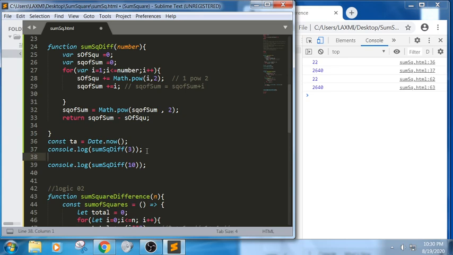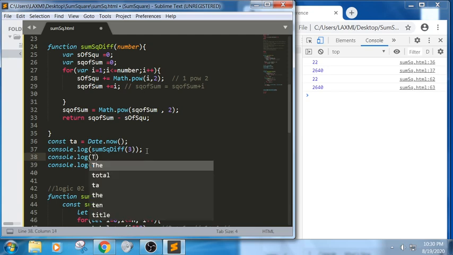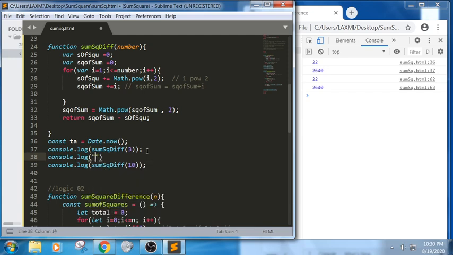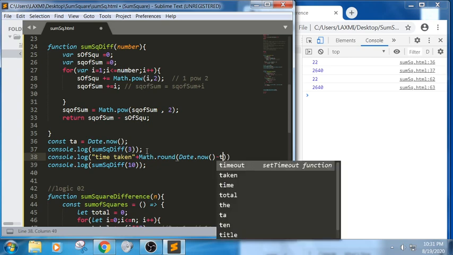Now here I have written console.log. First I am trying to calculate the present time here, and we are trying to write time taken plus Math.round, in order to remove those decimal values, Date.now minus ta.